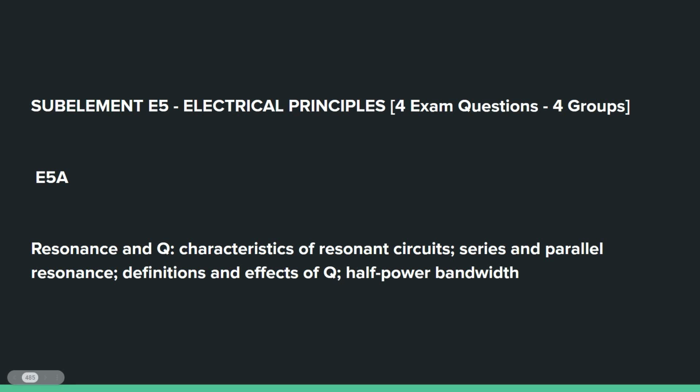Thank you for returning with us for Subelement E5 Electrical Principles. 4 exam questions come from the 4 groups inside Subelement E5. E5A covers resonance and Q, characteristics of resonant circuits, series and parallel resonance, definitions and effects of Q, and half-power